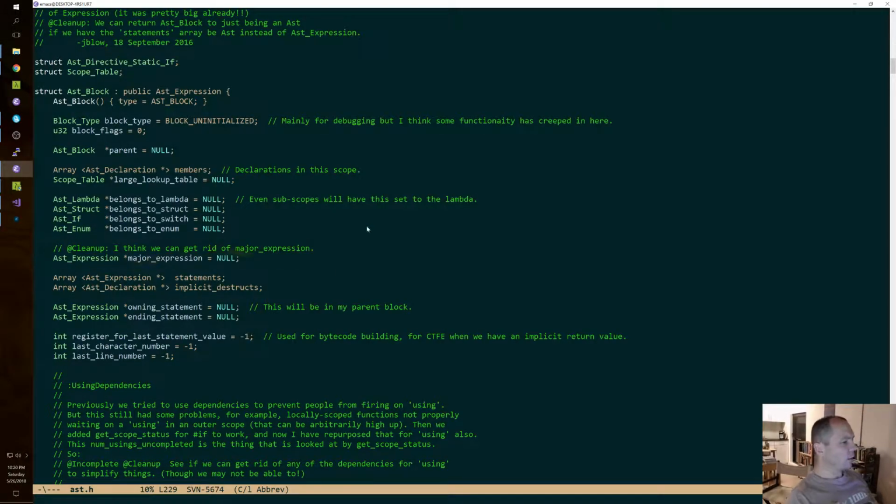It used to be just a way of referencing where this block is, but we've got more specific things that we've been doing now. We've got belongs to lambda, belongs to struct, and all that. And this may change eventually. Maybe we'll change it back to this, but with a flag or something so that we use less memory.